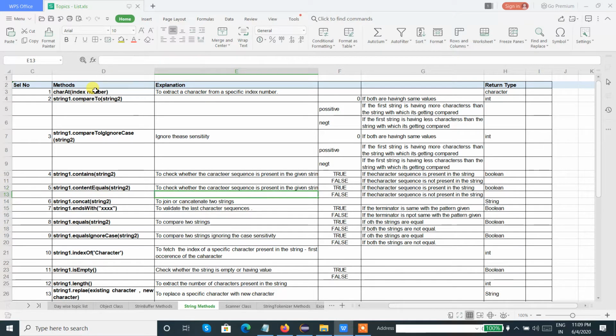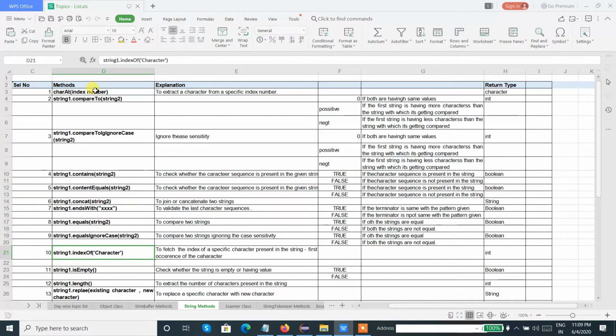Now the concat method to join two strings, endsWith and startsWith, to check the first part and the last part of the string. equalsIgnoreCase compares without case sensitivity.